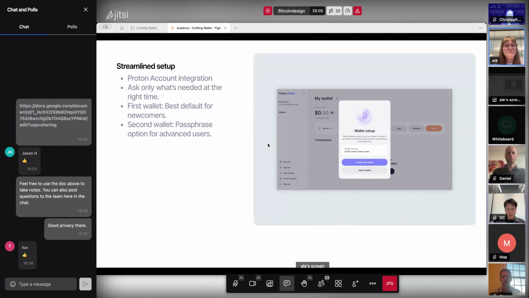And also, a logic that we try to use in all of the app is to pre-fill as much as possible. So for example, we use smart defaults, and every time we ask which is the most likely currency to have.